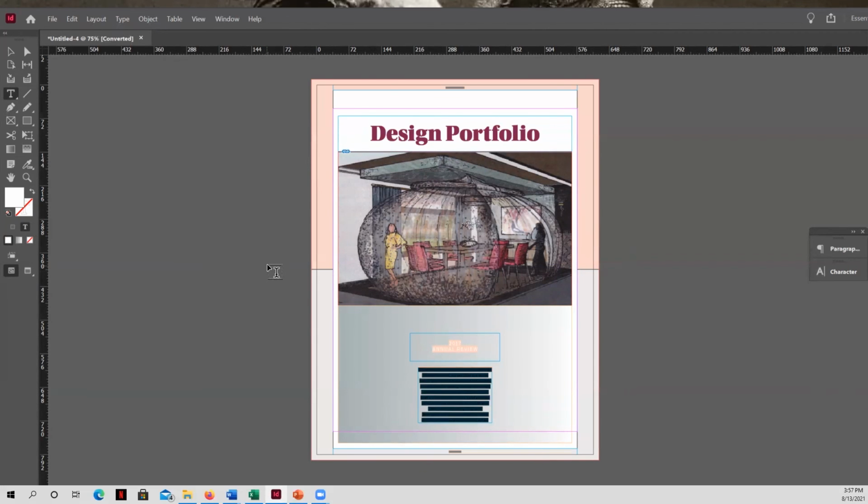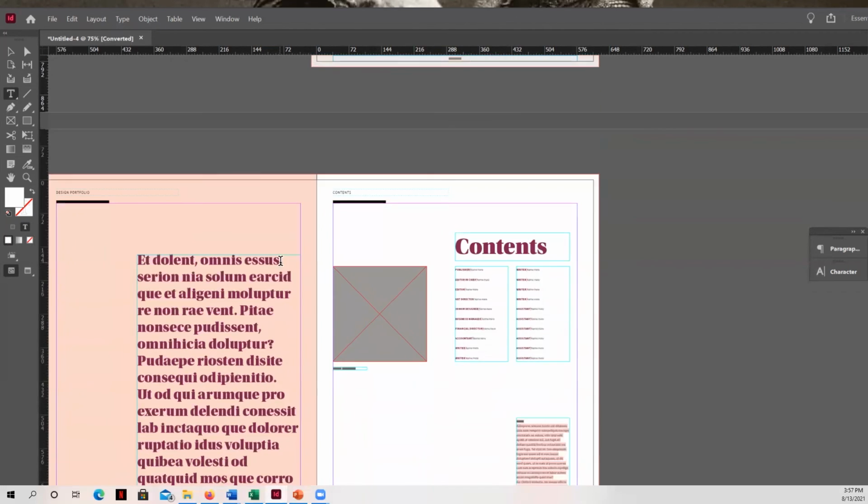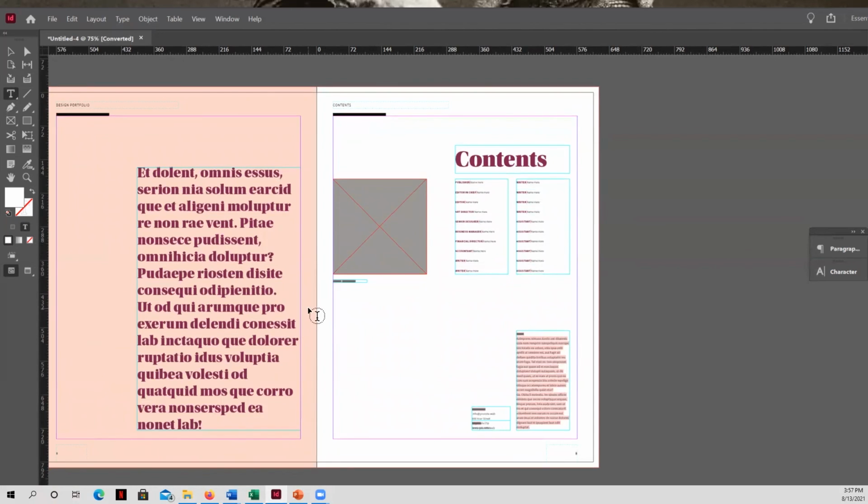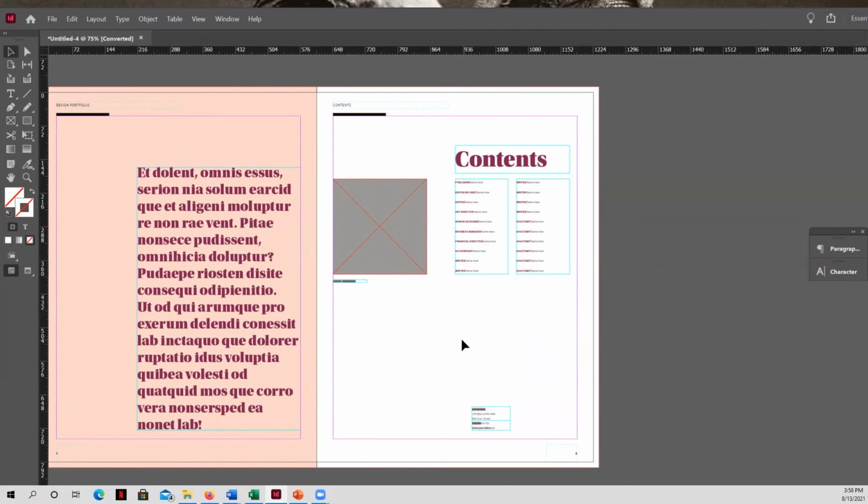So now that you have a portfolio template selected, you can go ahead and start to incorporate all the different elements within this template just to get started, and use the images and text that you may want to include in here by just simply dragging and dropping and placing and selecting. And if you want to get rid of something, you just don't need it, all you have to do is click on it and hit the delete button, and it will go away.